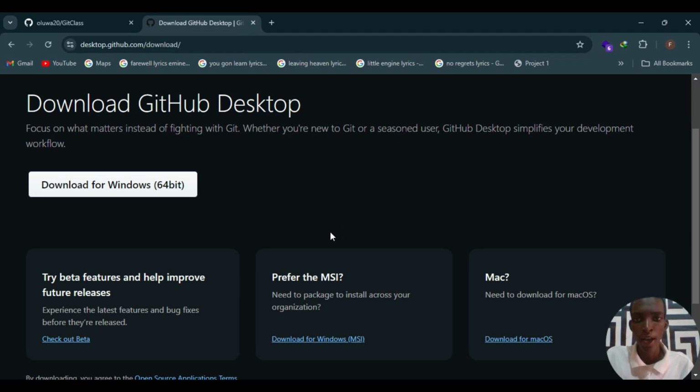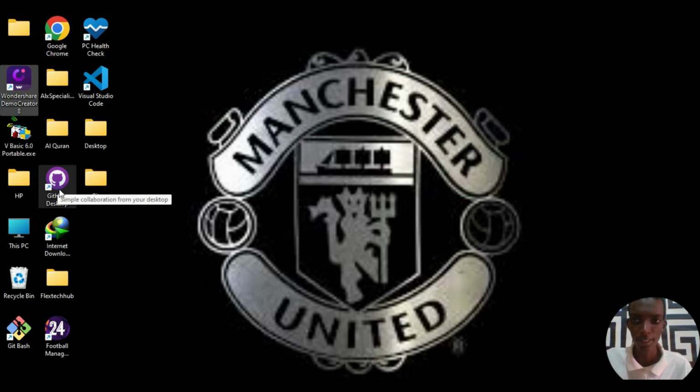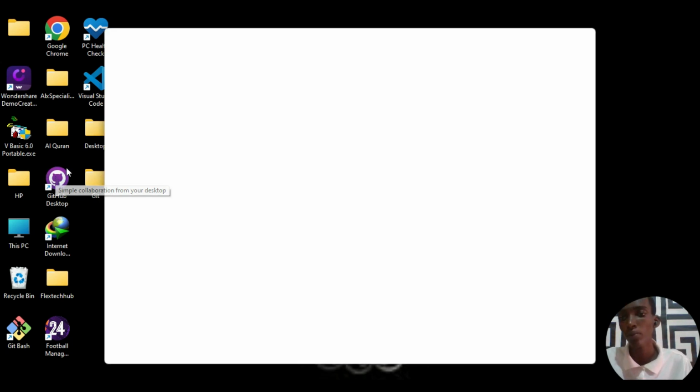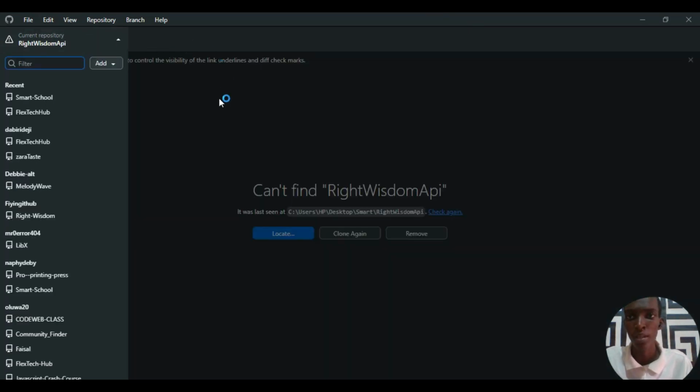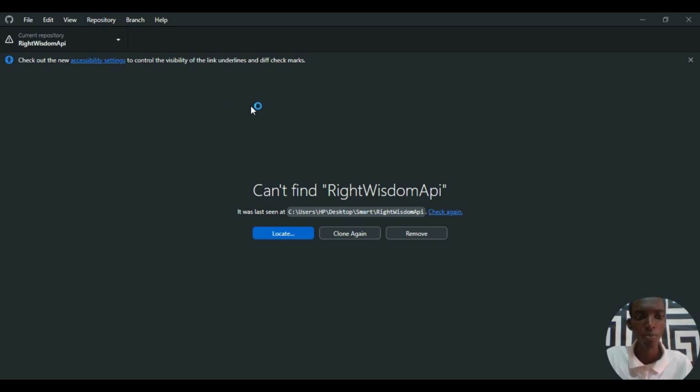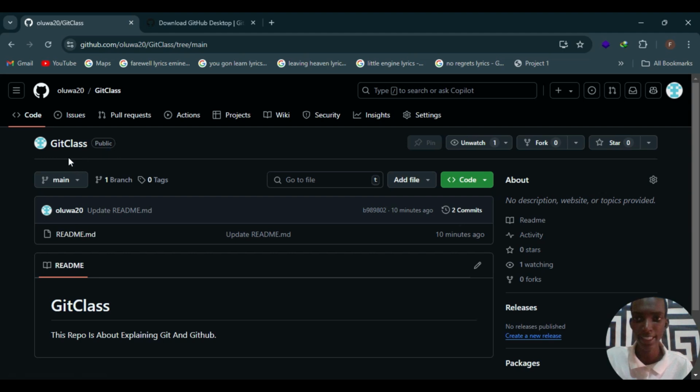So when you download this, you'll have something like this, Git Desktop here. Upon installing it and everything, you can link it to your GitHub account, so it's connected to your whole GitHub repository. I have different ones here. Now let's see how this works. The one we just created, which is the git class. Let's try to clone it with